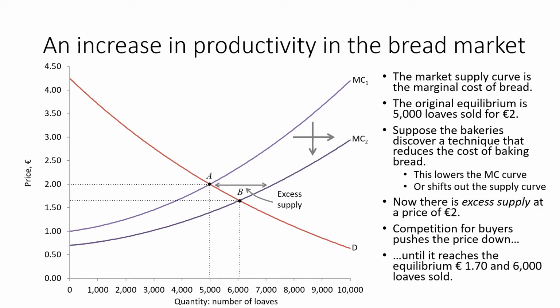So here, a reduction in the cost of baking bread is going to lead to a higher quantity of bread sold and a lower price that it would sell at. As we say, it shifts out the supply curve, but it increases the quantity demanded. It doesn't increase demand because the demand curve is not shifted. But at the lower price, more people will buy bread, presumably because they're going to reallocate some of their eating from, say, pasta to bread.